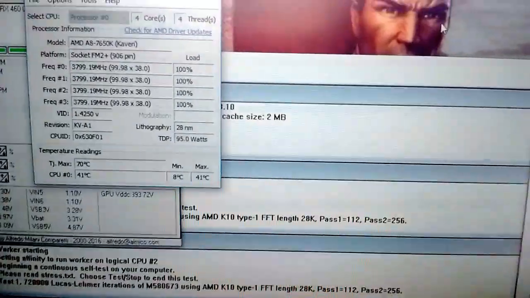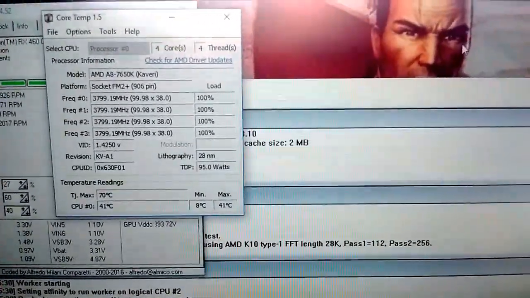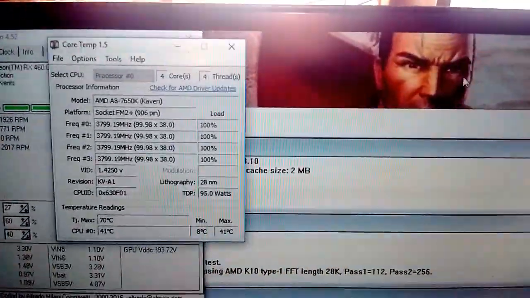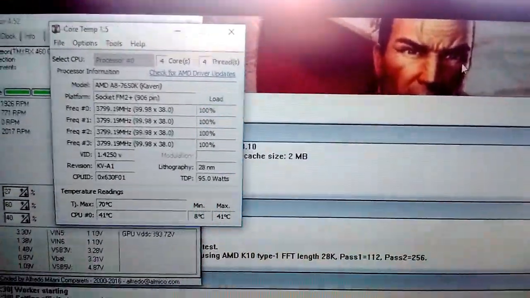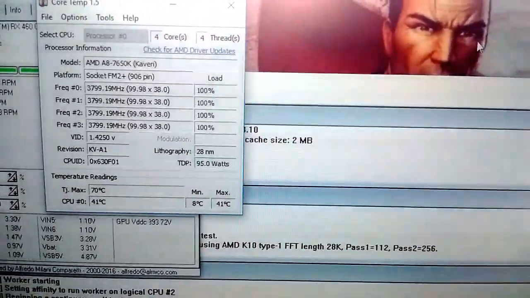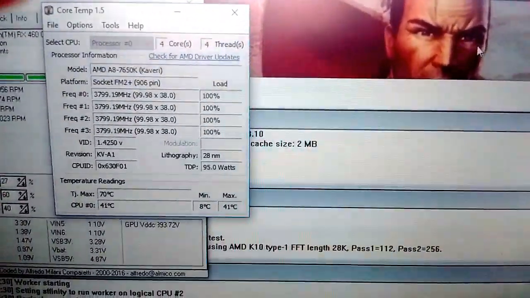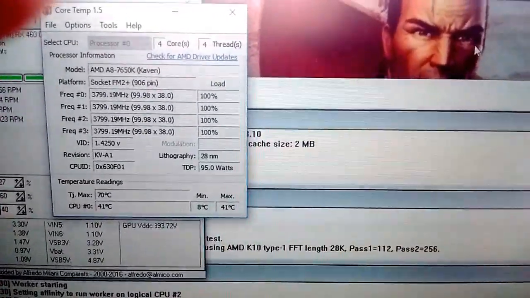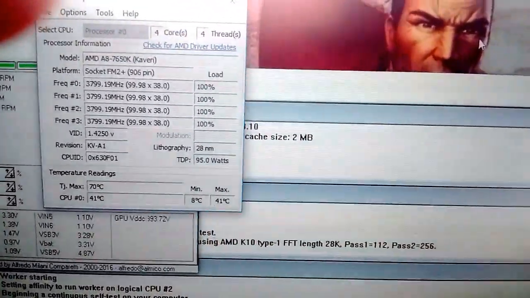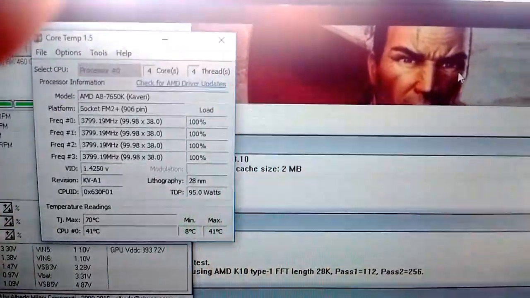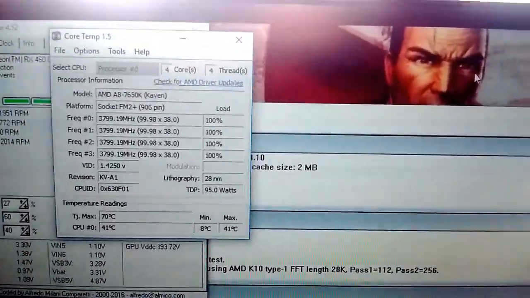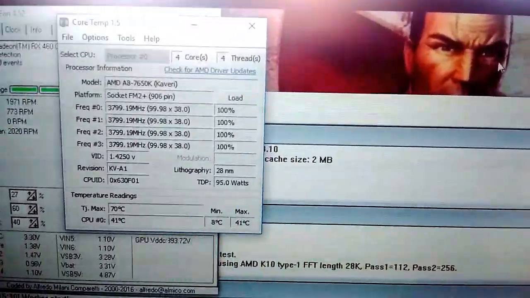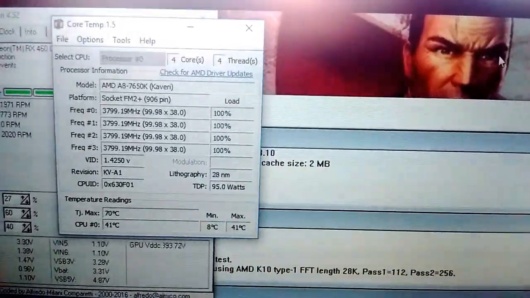So later I'm going to be testing if I can do this at 3.9 gigahertz with the Wraith cooler to see how good the Wraith cooler actually is. So stay tuned, and that was a little tutorial for the A8 7650K, which there were no overclocking instructions or anything else that I found online, so that's why I made this